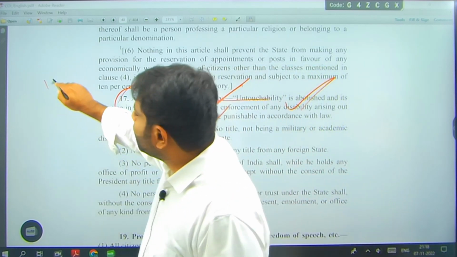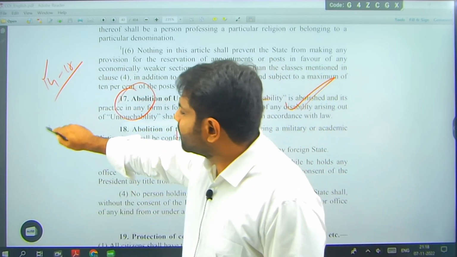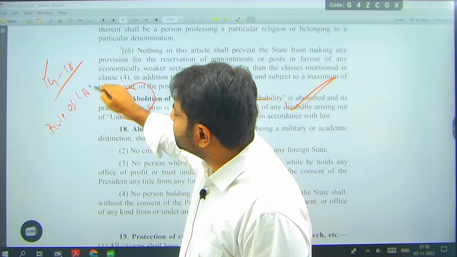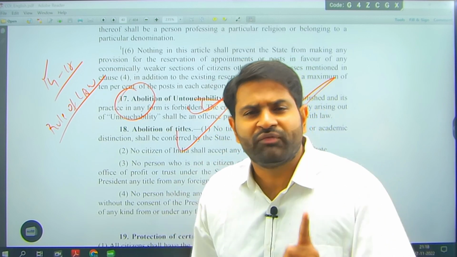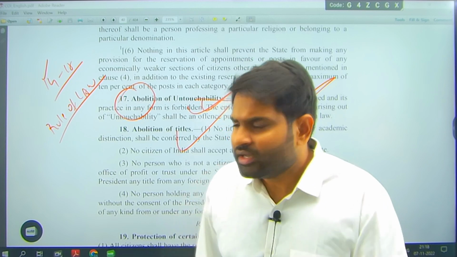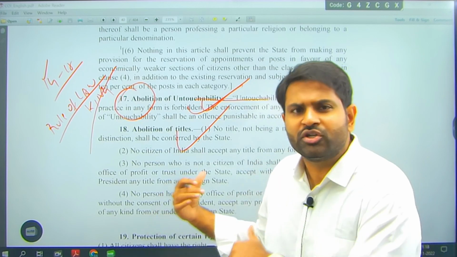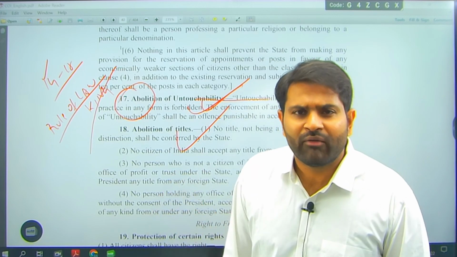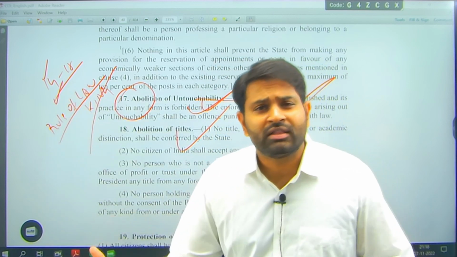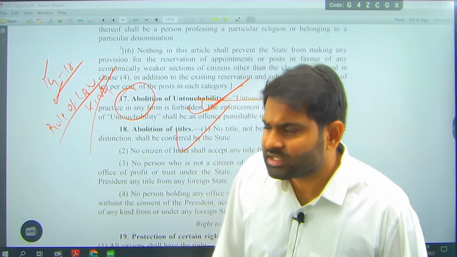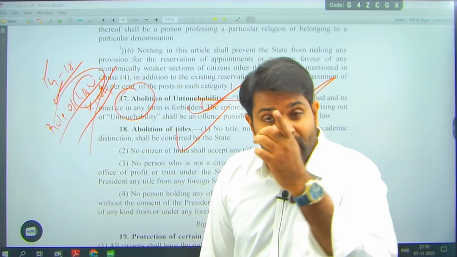Article 14 to Article 18 we are talking about equality. Article 14 is talking about right to equality, which is also called rule of law. Who is your ruler? Your ruler is law. There is no physical embodiment, only law. It is not rule of king, it is rule of law. What is the fundamental law we have? Constitution. Article 14 says that everyone is equal before law. Normally we used to say everyone is equal in the eyes of God. Now it is in the eyes of law. Law is important in modern societies. Article 14 is talking about rule of law. Article 15 is talking about positive discrimination in education.